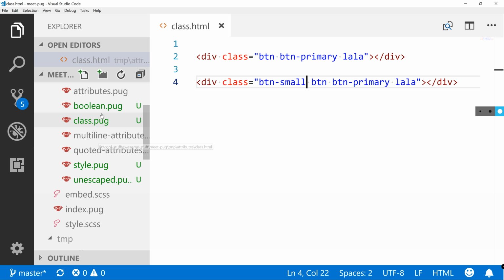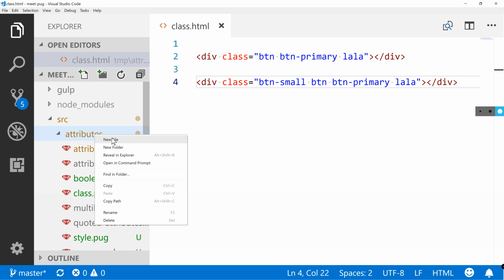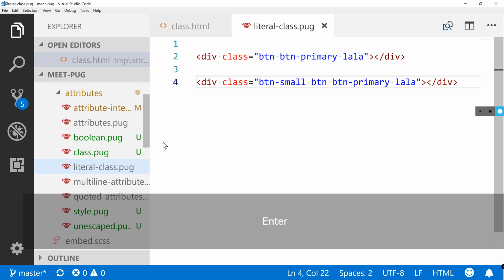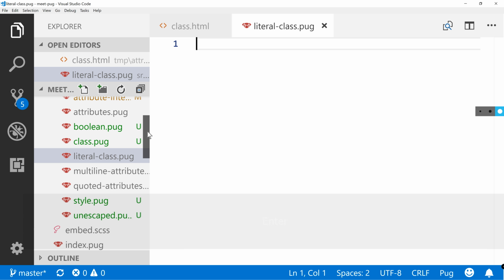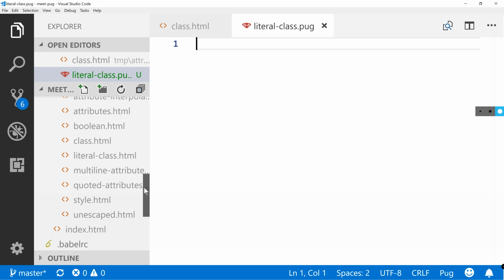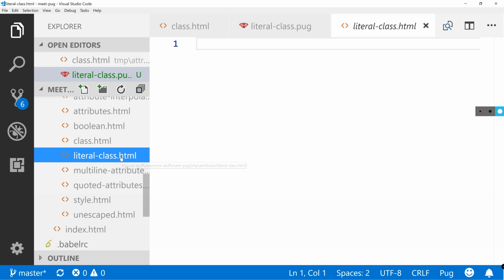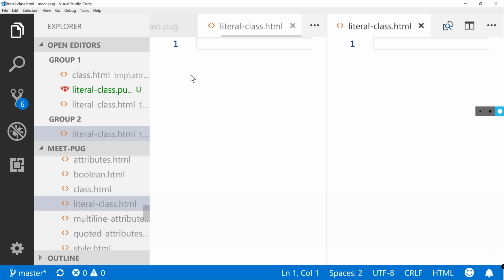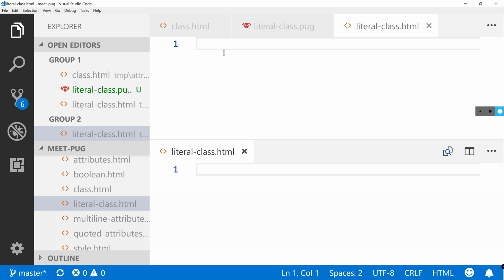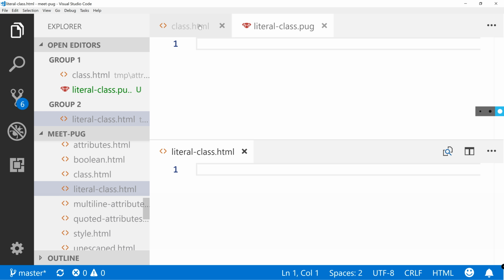Okay, and we want to create a new file inside the attributes, not in the TMP. So literal pug, it's cool, and then open literal class HTML, split it horizontally, and we are almost there.